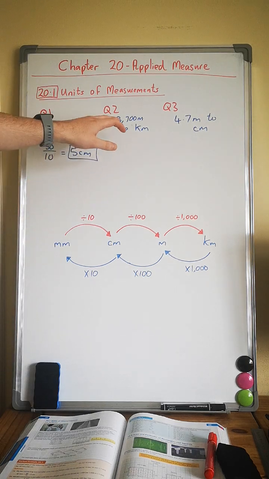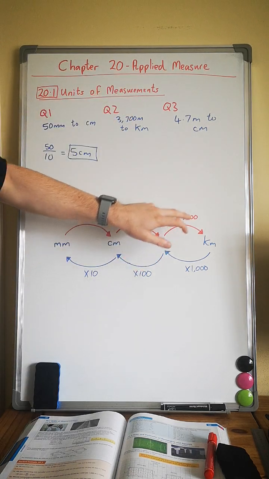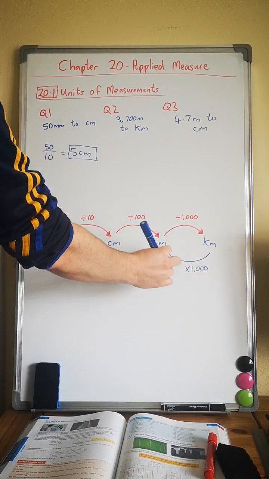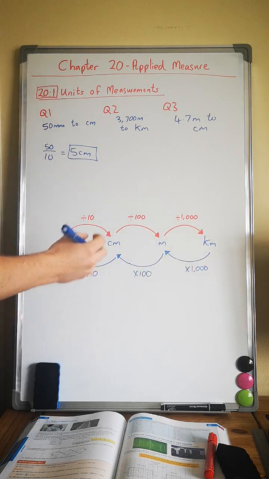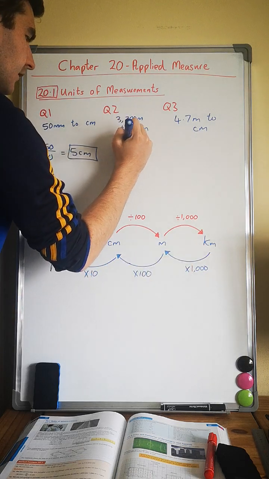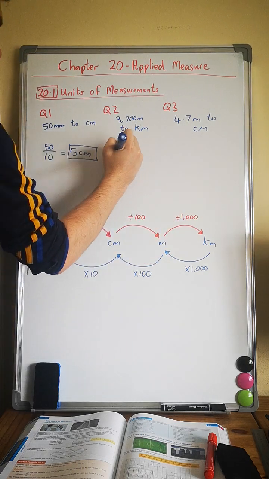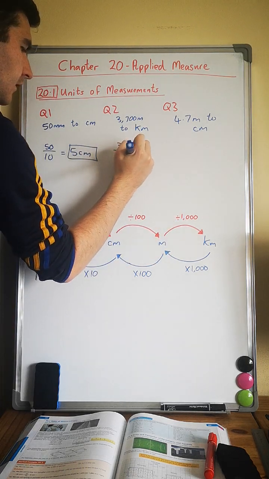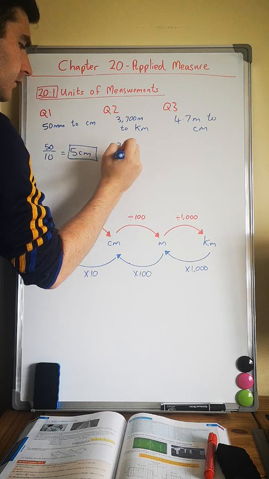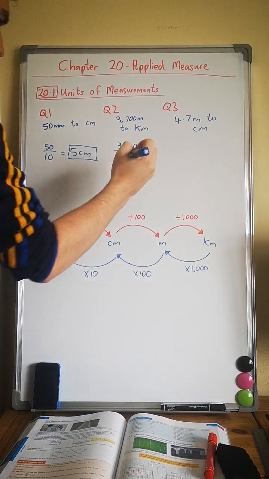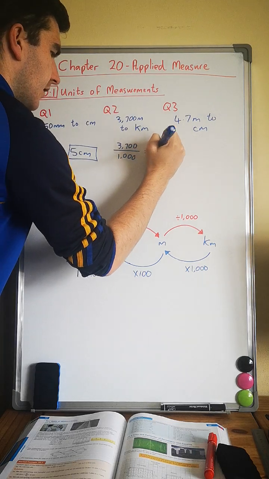Question 2, you're going from meters to kilometers. Again, we're using the red arrow because we're going up the way, meters a smaller unit to a larger unit. So you're going to divide 3,700 by 1,000. You can get your calculator if you want. It is 3.7